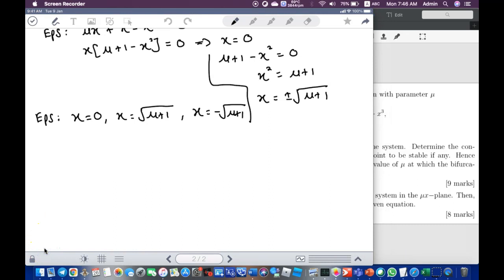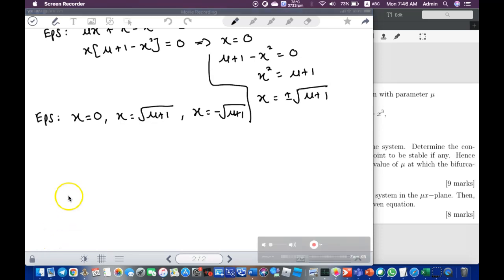Last time we analyzed the stability of the equilibrium points for mu positive, mu negative, and mu equal to 0. But it depends on the equilibrium points that you have. You do not necessarily have positive, negative, and equal to 0. It depends on the information you have already obtained. You can see here